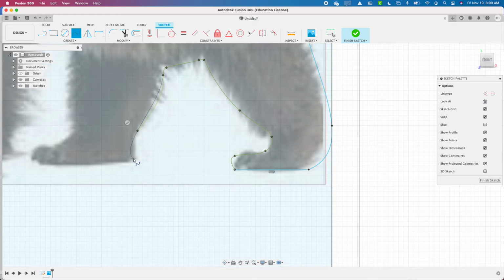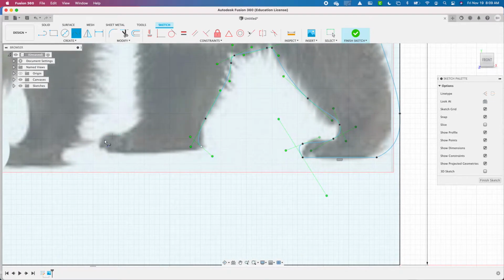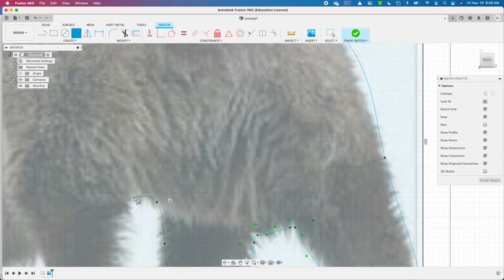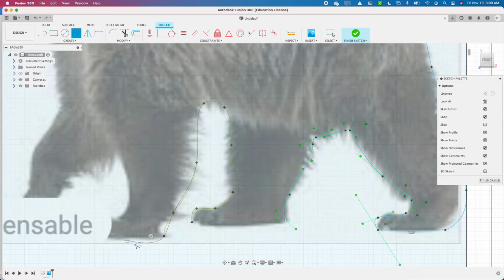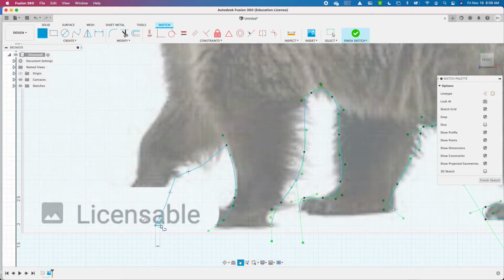You can go back and edit your splines too by taking the control points and using the control points to adjust the way that the line looks. That's actually a sharp corner there, so I'm going to stop and restart a spline there that curves around here, and looks like we're missing part of the foot there. I'm just going to extrapolate what it would be there